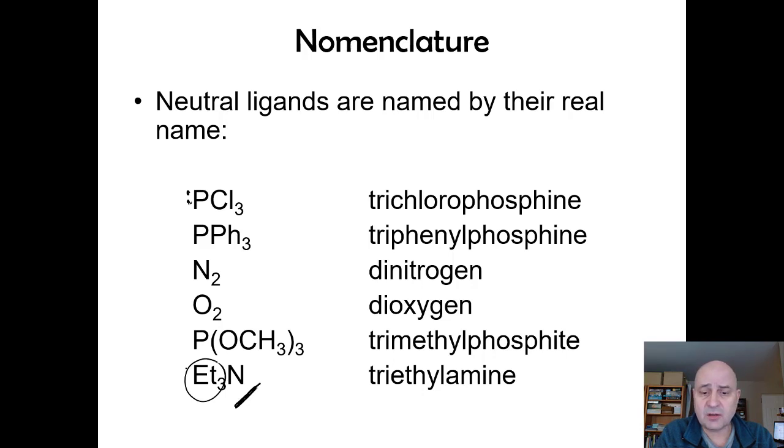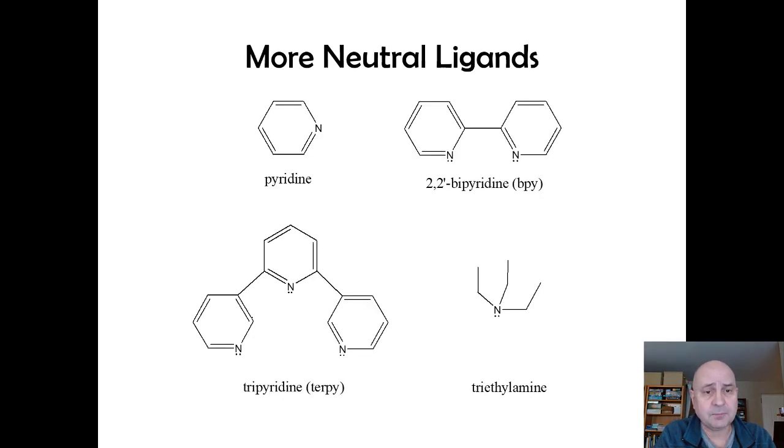Nitrogen and oxygen get named dinitrogen and dioxygen, just to make sure. Of course, we also have oxide and nitrite. We'll get to that in a minute. Then there are also phosphorus 3 compounds that are great Lewis bases called the phosphites. Phosphites have three alkoxide groups attached to them. And so again, from organic chemistry, you can name these groups and should be able to name any kind of phosphite. Here are a couple more examples of ligand structures that you might encounter: pyridine, bipyridine, tripyridine,